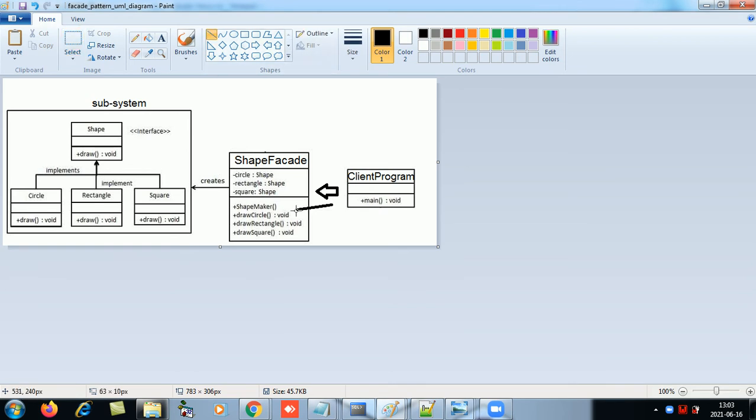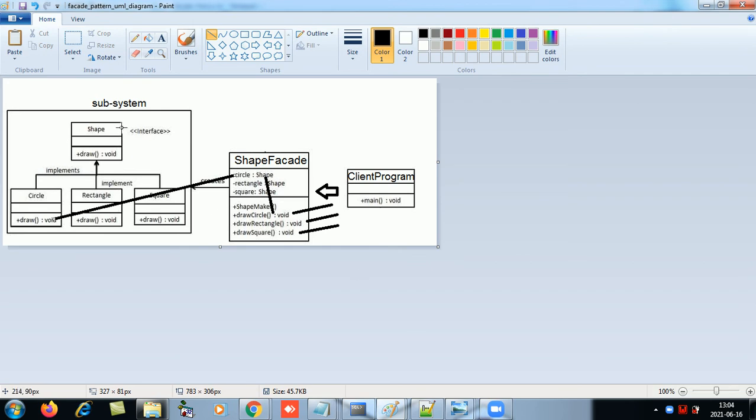We will call these public methods. So the client will call these public methods. If the client wishes to draw a circle, the client will call what? The draw circle public method. This draw circle public method has access to which one? Draw shape, and this draw shape is over here. So the client just needs to have access to the facade, and the facade will interact with the complex subsystem.